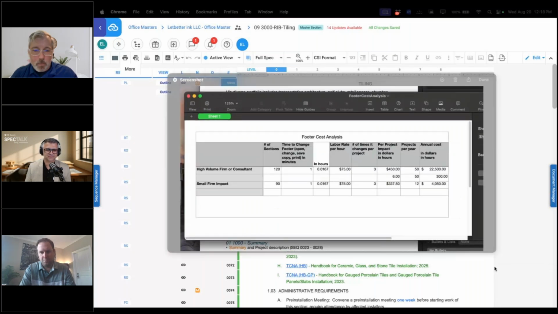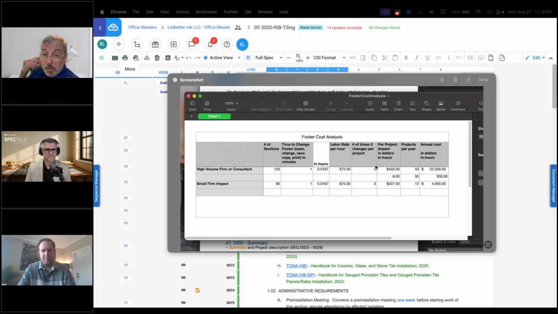All right, we're gonna do it this way. A little cheat code. I literally did a spreadsheet for this and said, okay, if I've got on any given project 120 sections, and it takes me, let's just call it, 1 minute. So I have to change the footer, I have to open the file, I have to change it, I have to save a copy, I have to print it. I think it's fair to say that would take a minute of time. So multiply that, convert that to hours, multiply that by a labor rate,